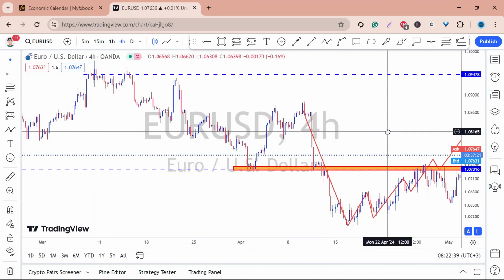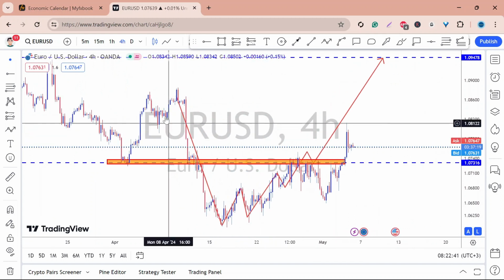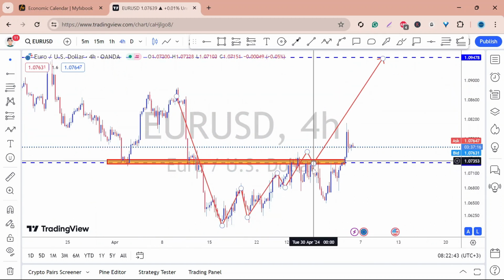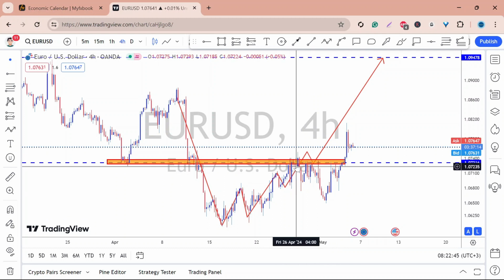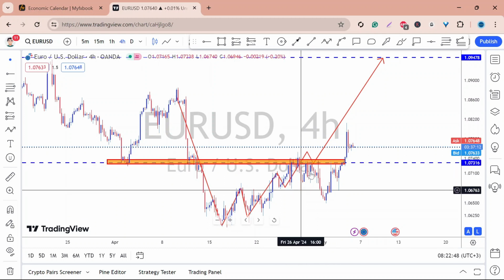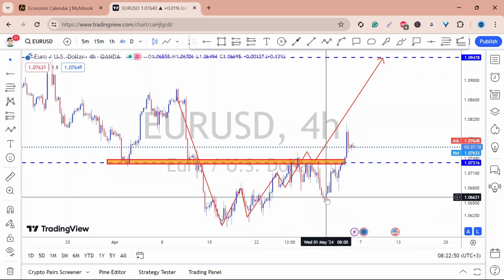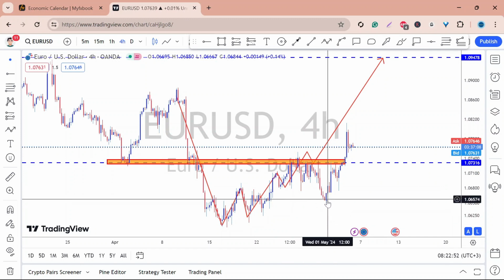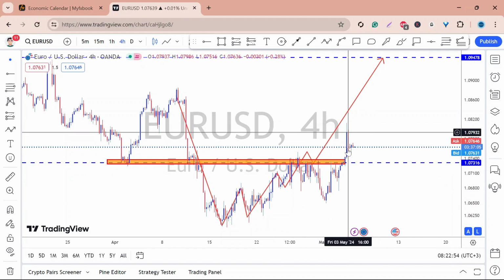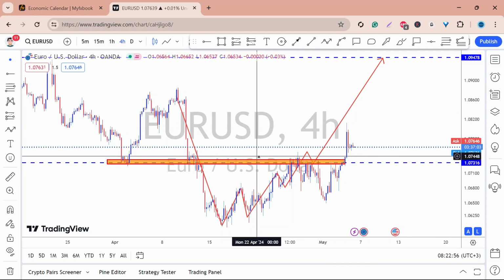So if you guys can remember last week's analysis, this was the move that I was looking for. Of course, price didn't break automatically, but we had some little retracement. Actually, I was very bullish on Euro USD. So looking at this week, looking at the technicals, then